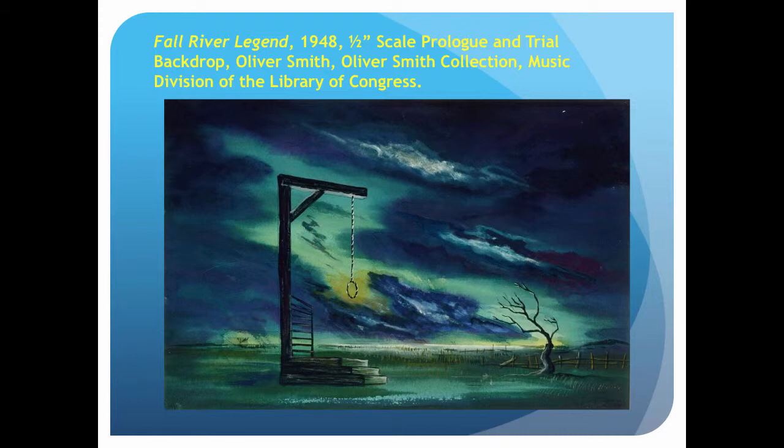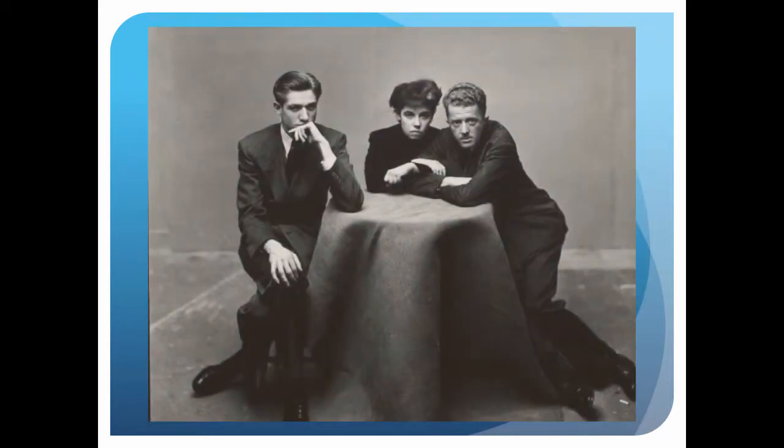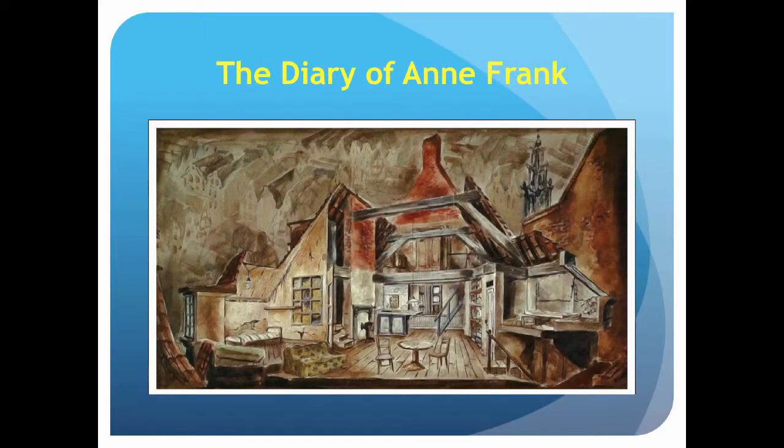When students browse the internet or visit sites like ArtStore, they're likely to find images such as this one, which is on the Art Institute of Chicago site. There's Oliver Smith on the left with Jane Bowles and Paul Bowles. Oliver Smith was an important designer who started with Agnes DeMille's Rodeo and was nominated for 25 Tony Awards. Having been denied permission